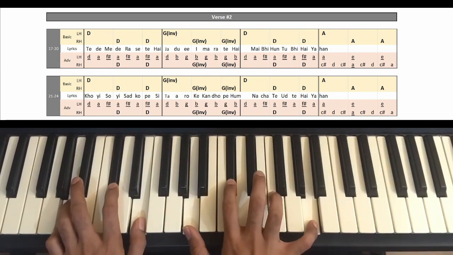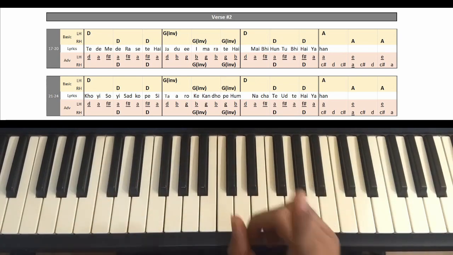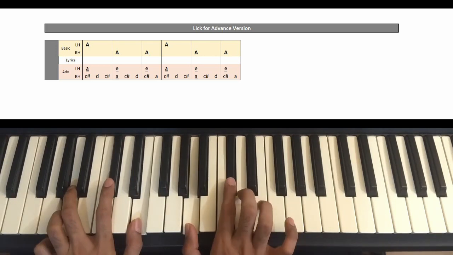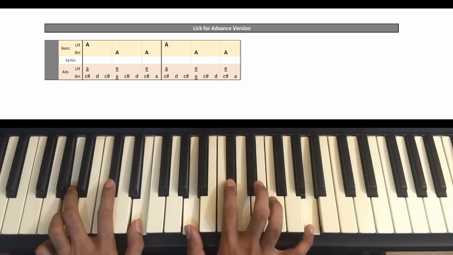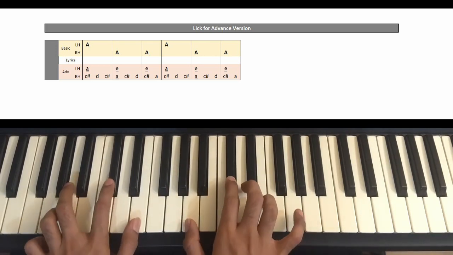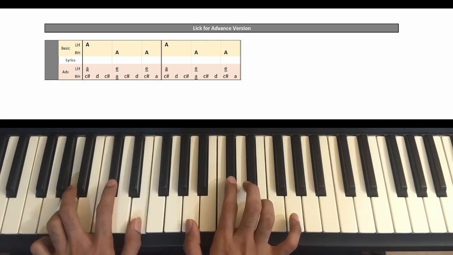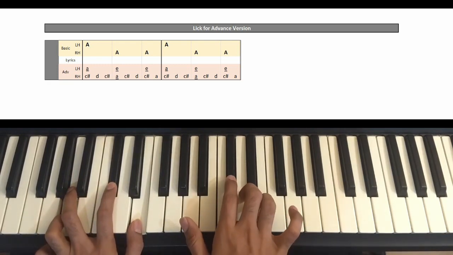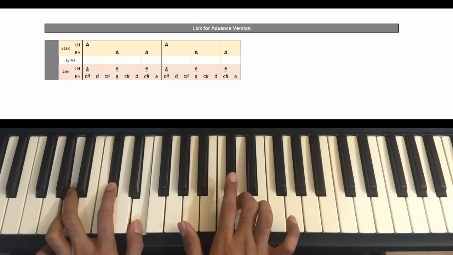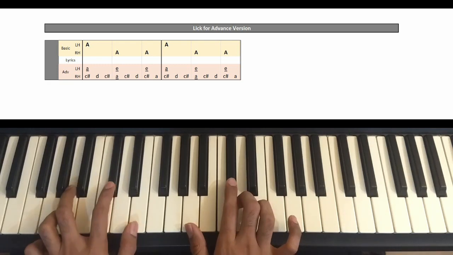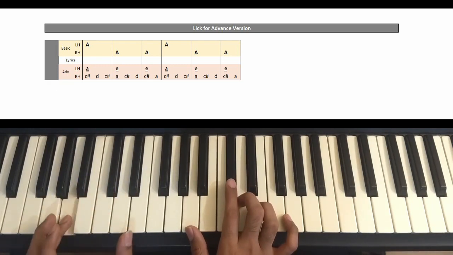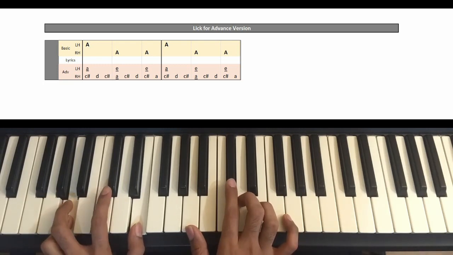Alright. So in addition to arpeggios, there is one major lick that you need to learn to play, which is this. You see, it's beautiful, and it's played in the chord of A, and the notes are C sharp and D, which are being played alternately, and in the left hand the notes are A and E, right?